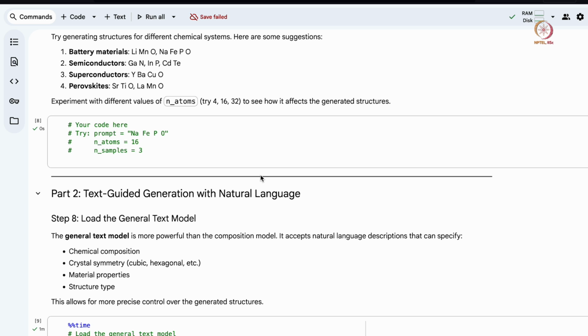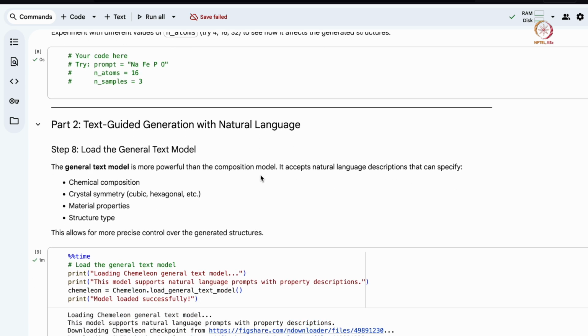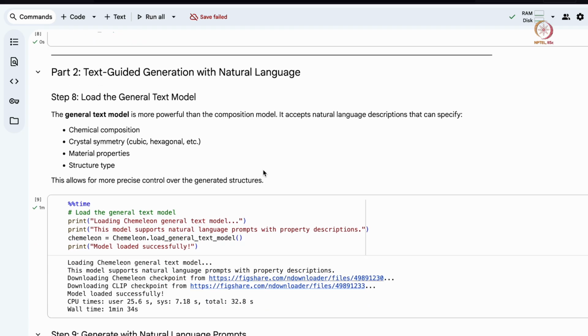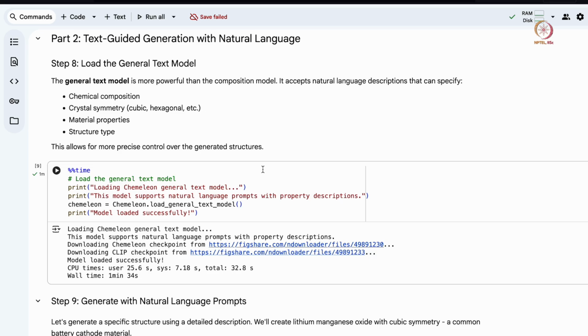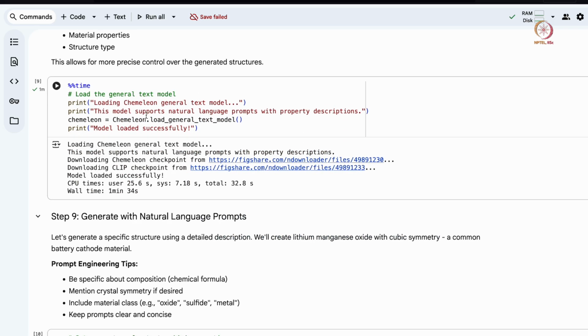Okay, and now let's move on to the second part of the model, which is the guided generation with natural language. The general text model can take inputs which can have chemical composition, crystal symmetry, materials properties or structure type.